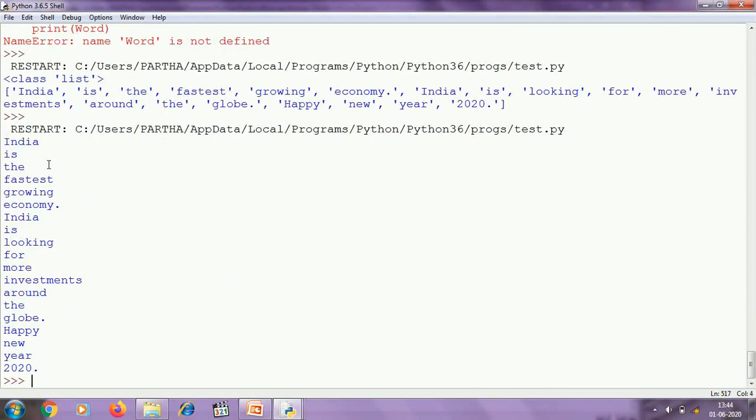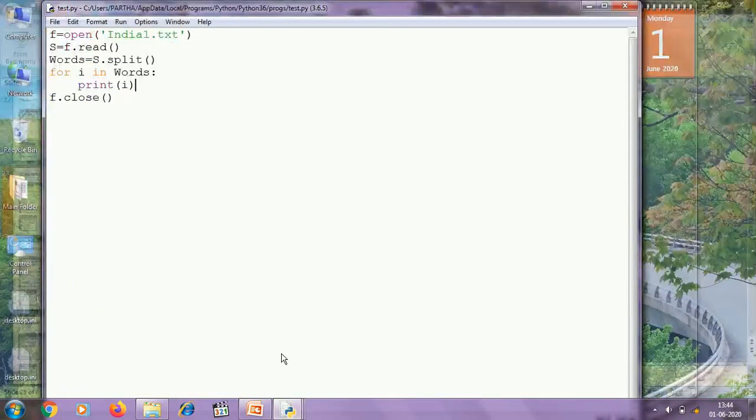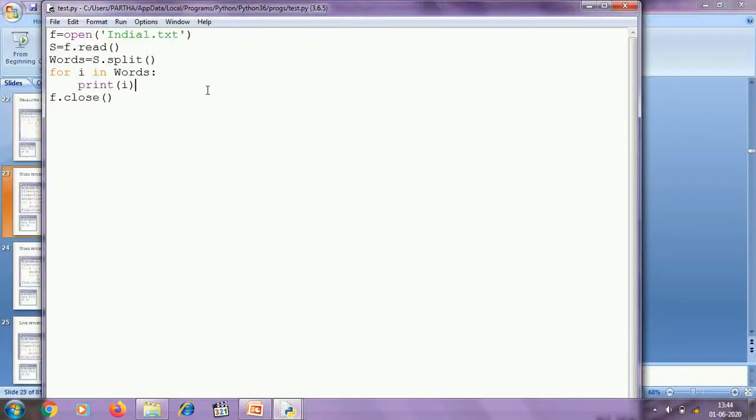You can see that the words of the text file are displayed one by one. We can do this using the file object also. So first of all I need to iterate over the file f, and you know that after each iteration the lines of the file will be fetched one by one, and stored in the variable i. So i contains the lines.